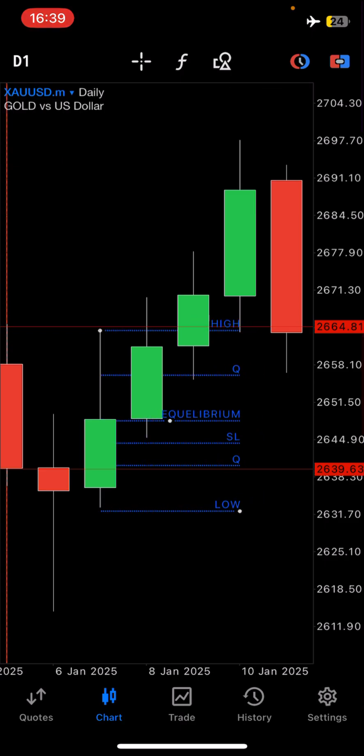So sometimes I use the Fibonacci, and you can see right there where it's written SL. That's where I usually put my stop loss if I do not want to open up my risk that much. Like if I want to use a larger